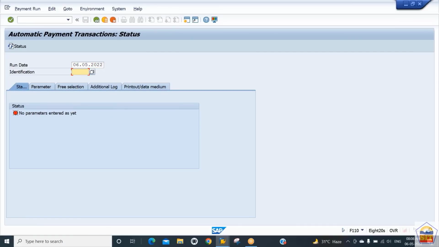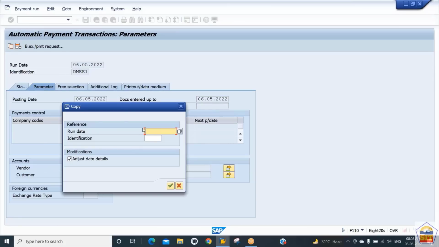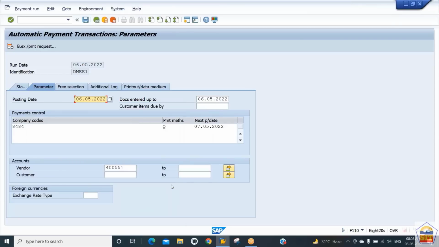and we have the ID identification as DME1, and you can go to the parameter. If you want to copy the parameter, you can just see there is a button to copy. So from which run date and ID you want to copy the parameter. So we have, I think, previous run, that is 5th of May 2022, and we have the ID as IDOC1. So let's copy. So you can just see system has automatically adjusted the dates. Since we have put it here the date as 6th of May, so automatically our next run date is